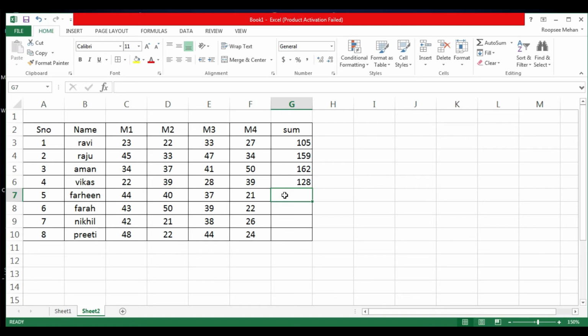So there are multiple ways of performing it. So simple way is just click here, go to auto sum, click on sum, select the correct range and press enter. Or another way is just write equal to and then click on the cell. Plus, you will type from the keyboard, click on the cell, again you will type plus, click on the cell, type plus, click on the cell. Here we go, and we'll just press enter. The formula appears here. You can see in the formula bar, this is the formula used, and here we get the calculation. So I hope you have learned this easier way.